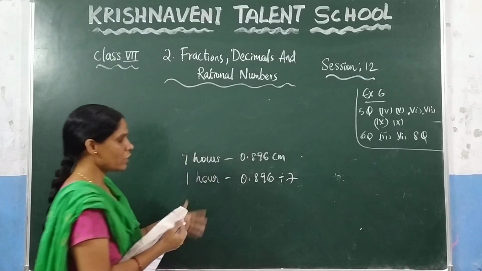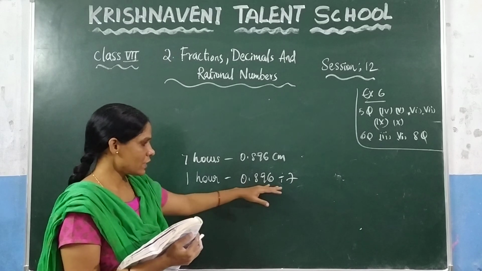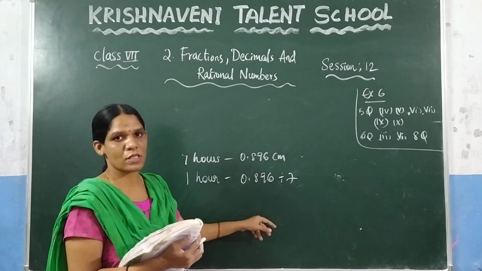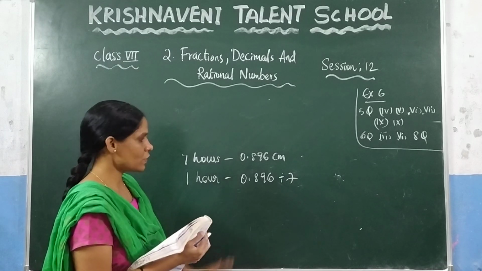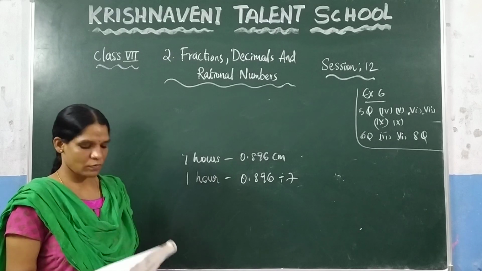You can use any of the methods. So here you can write this one as 896 by 1000 divided by 7. Now change the division into multiplication so that you will get the answer. This one you can do. If you have any doubt, you can ask. From this session is